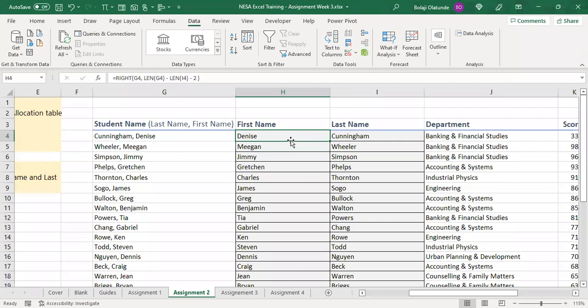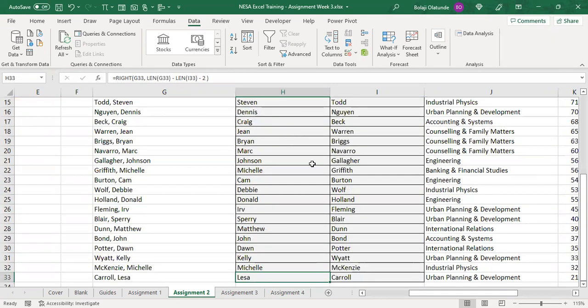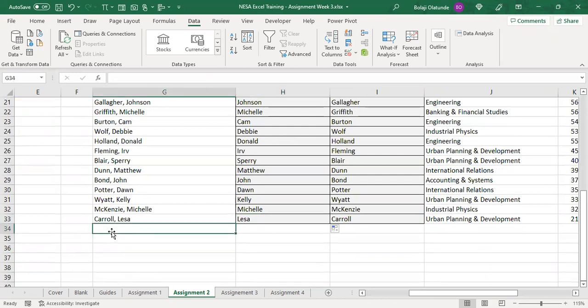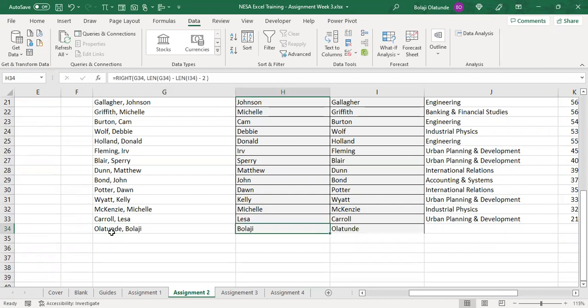Now, the difference between using functions here and the other 2 approaches that we discussed is that if I come here now, the formula filled down and extracted it as it's supposed to be. But if we used flash fill, we would need to press Control E to activate flash fill, and it would still work. Or for text to columns, we would need to select everything again, including this last column, and then split it by the